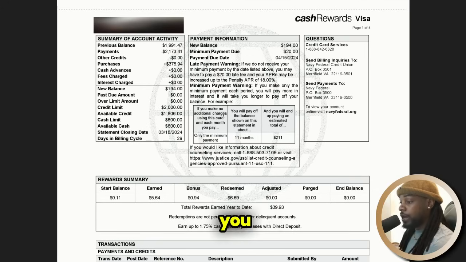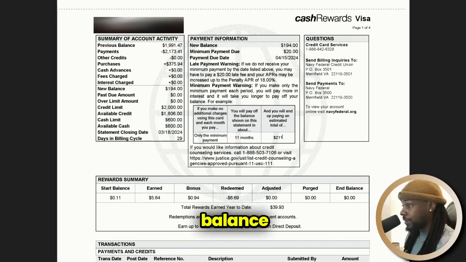For example, if you make no additional charges using this card and each month you pay $20, you will pay off the balance shown on this statement in about 11 months, and you will end up paying an estimated total of $211. So if you were only paying the minimum payment every single month on a small balance like $194, it would take you almost a year to pay it off. And not only that, you would pay over 100%, which means I would pay more than I actually had for my balance. So that's just a really small example of why you need to be cognizant of not just making minimum payments and why